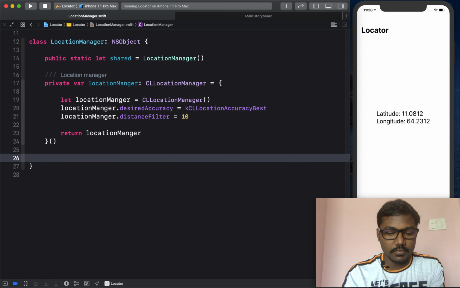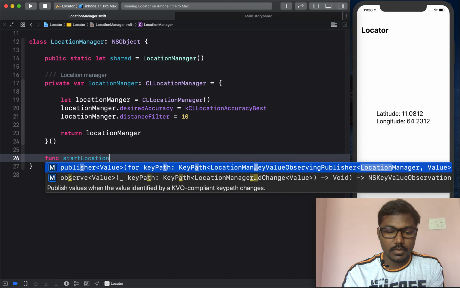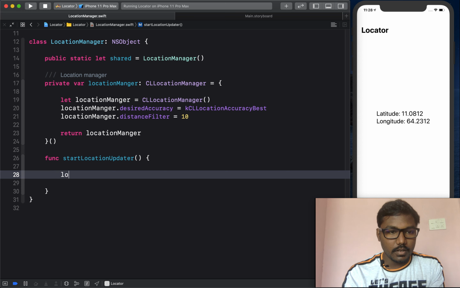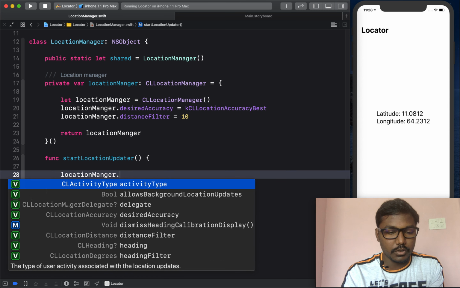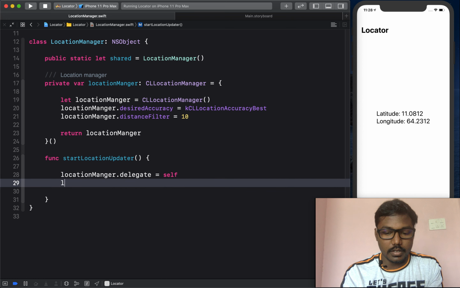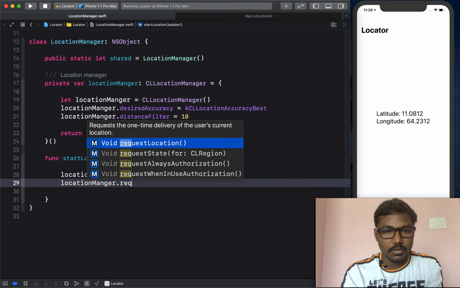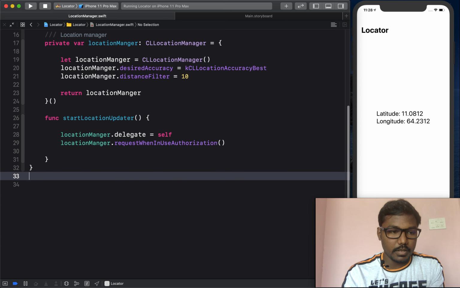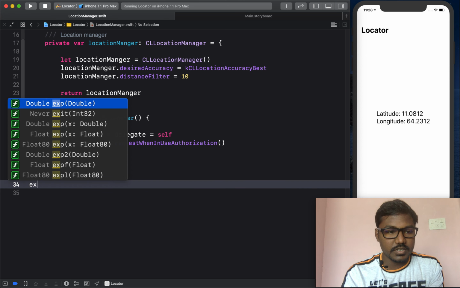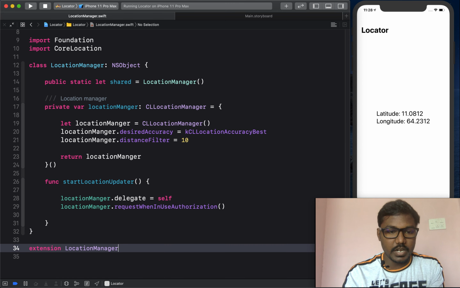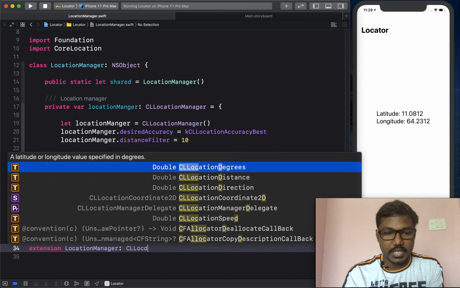Likewise I am creating a function like startLocationUpdater. Here I am setting the core location manager dot delegate is equal to self, and locationManager dot requestWhenInUseAuthorization, and I am creating an extension of LocationManager as a CLLocationManagerDelegate.